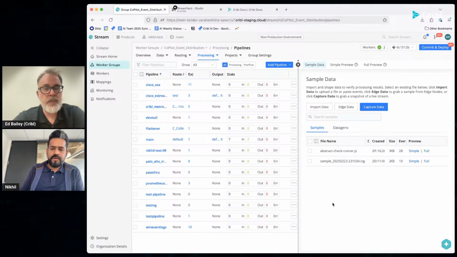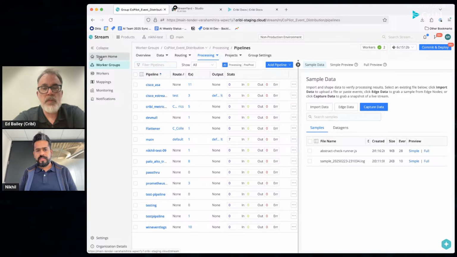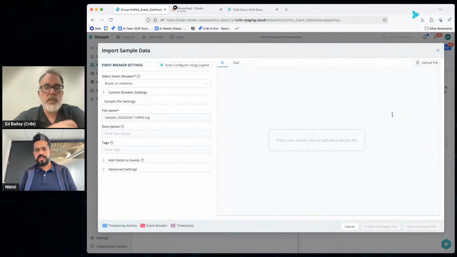So Cribl pipelines are used for processing data, terabytes upon terabytes of data every single day for many of our customers. So this is a battle-tested engine that is capable of doing all kinds of things with data. Most people will start off with a sample of data that they want to operate on, and I'll typically capture that either in a source, or sometimes I'll just use this easy import button here.